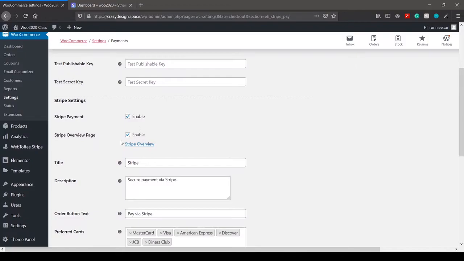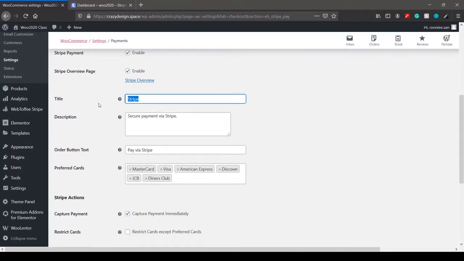Stripe payment enable, Stripe overview enable, title: pay via credit debit card. Secure payment via credit debit card.